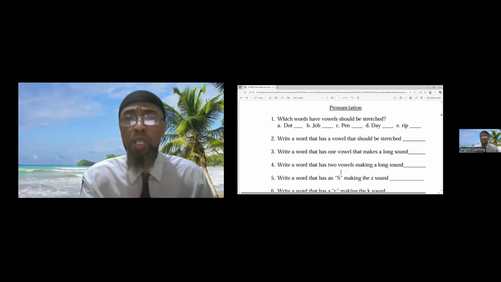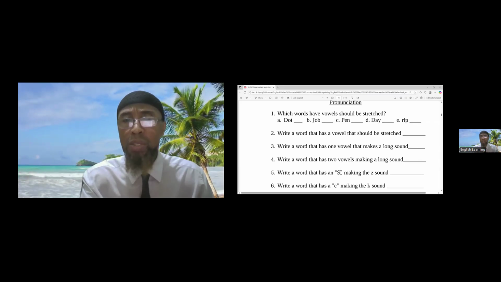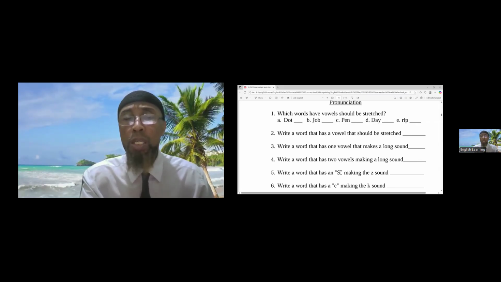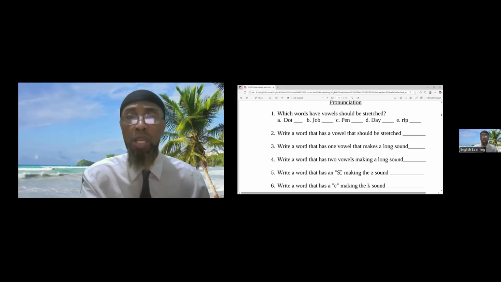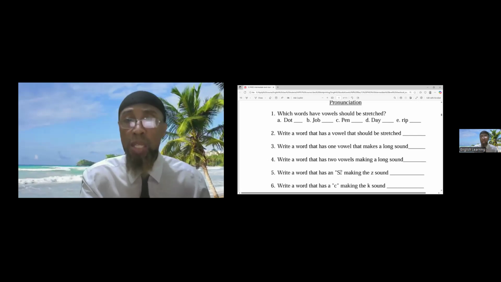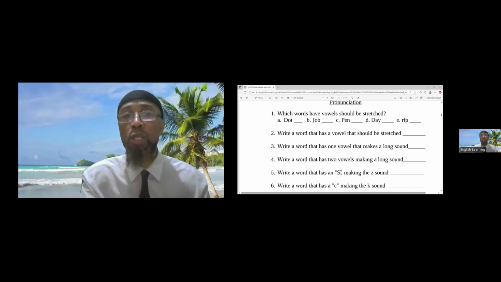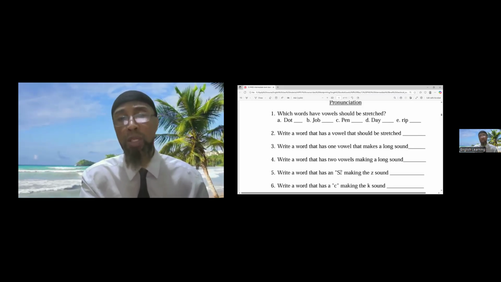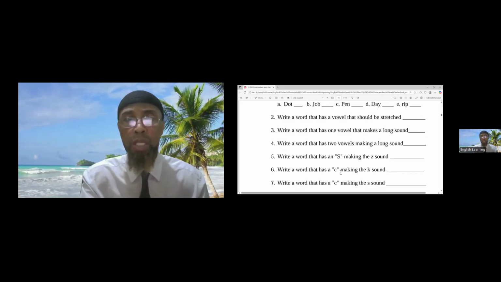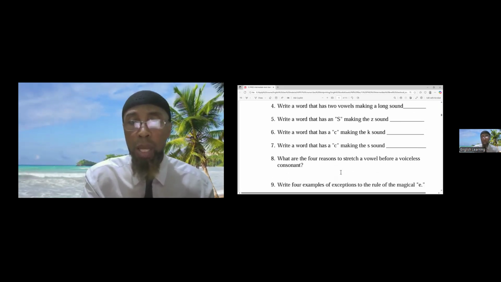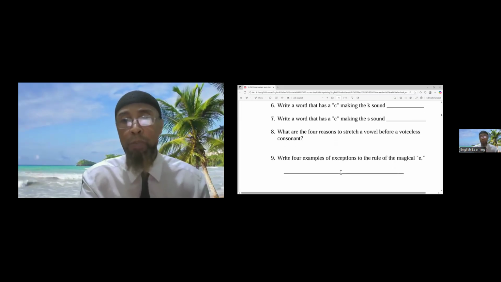Here it says pronunciation. All right, you won't know how to answer these questions unless you were in the class and got the lesson about pronunciation. All right, if you didn't, you should at least ask for the video lesson of it. The video lesson will also teach this lesson. So if you attended the class, you'll know. If you didn't attend the class, then the video lesson will teach the same thing because it's actually a video of me teaching the lesson. All right, so you either get the answers by watching the video lesson or actually attending the lesson.